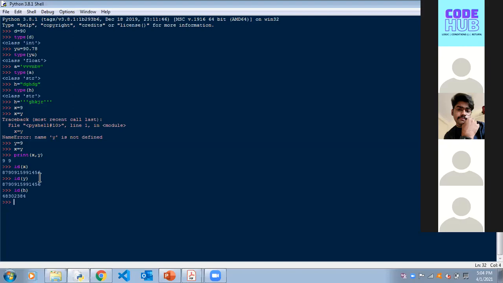In Java, they are pointers because they deal with memory addresses. In Python, it's just references. You don't have any concept called pointers in Python. Okay, is it clear? I'll show you print statements because that is really less. See, I can print. If I type GHKJR, ID of GHKJR, then I would get the H ID only.